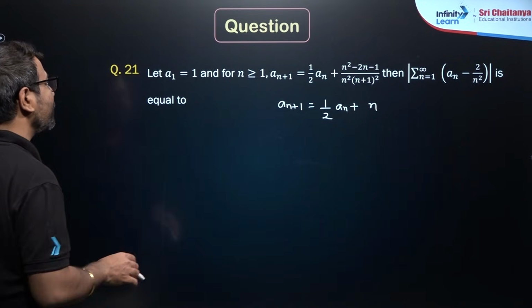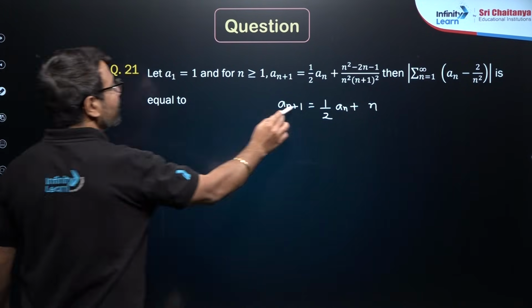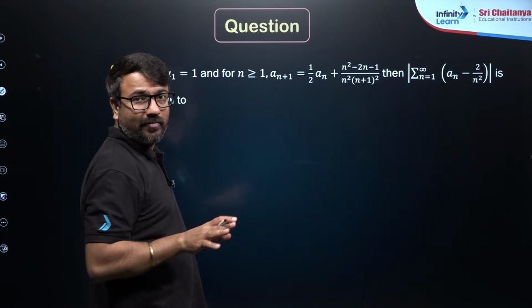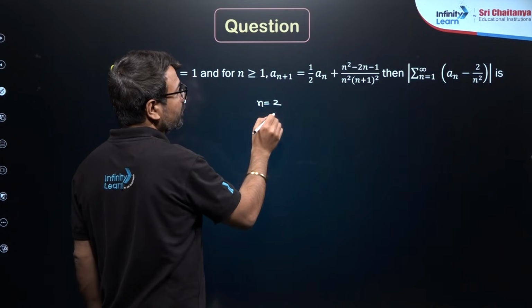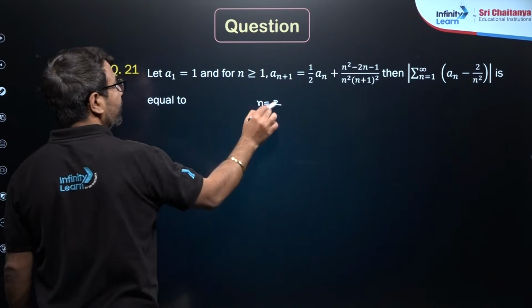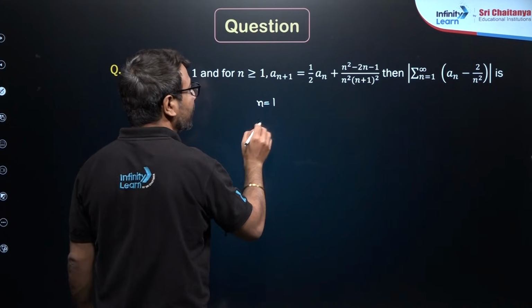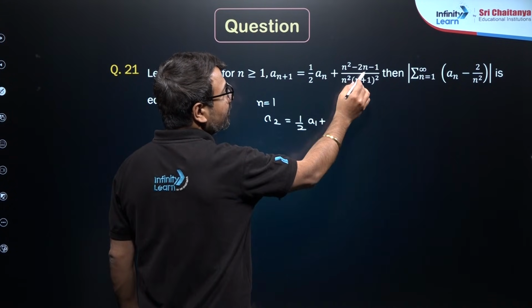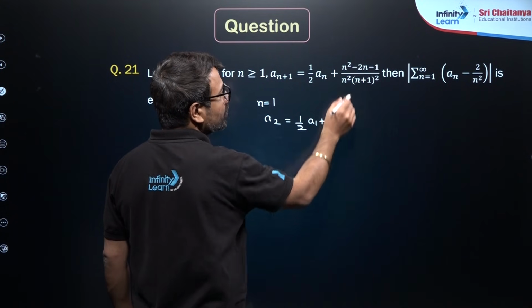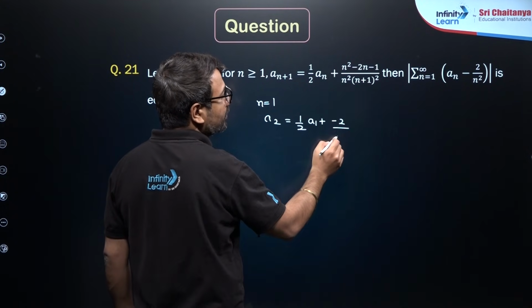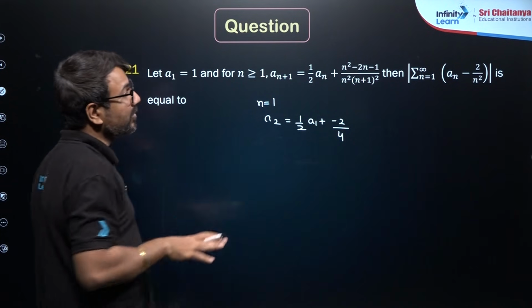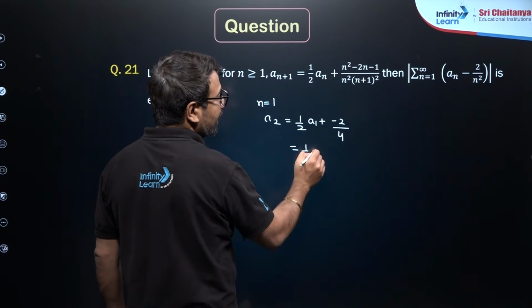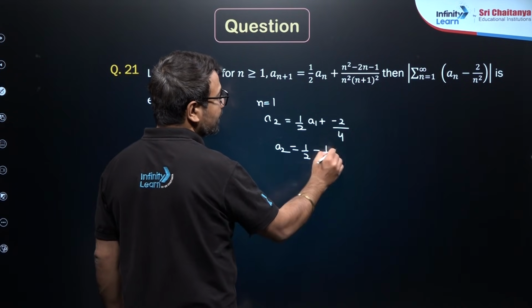So let's do one thing. Over here, let's put the value of n as 2 and get these terms. You will be able to see the GP over here. Okay. So how? If you observe, my dear students, n value 2 or n value 1, let's start with that. If you observe n value 1, you will be able to get a2 is equal to half times a1, and here 1 minus 1 will get cancelled, here minus 2 over 1 and then 2 square is 4. Is that clear to you everyone? So a1 value is 1, so here it will be half and then minus half,